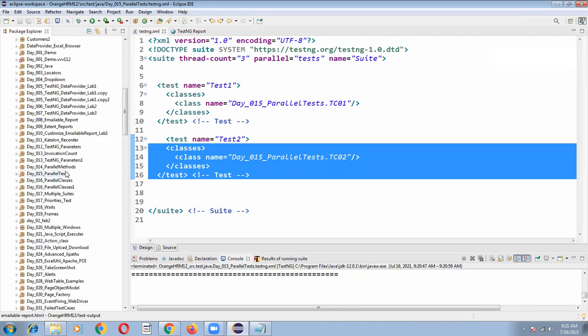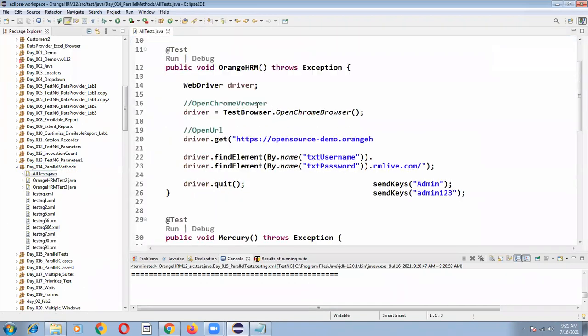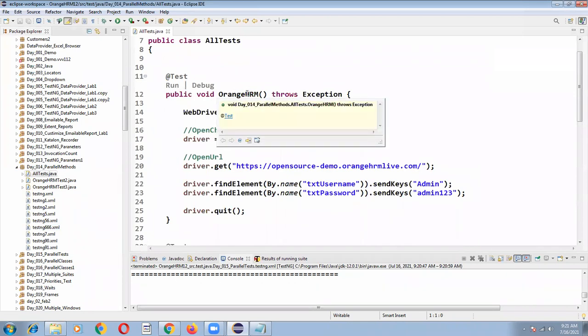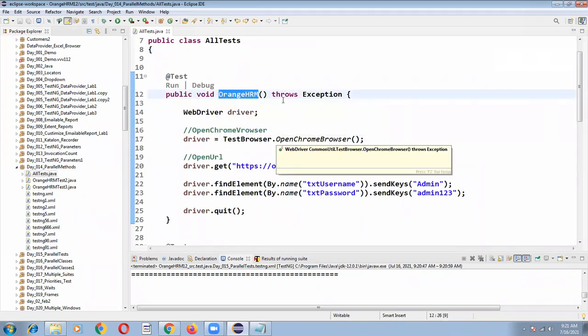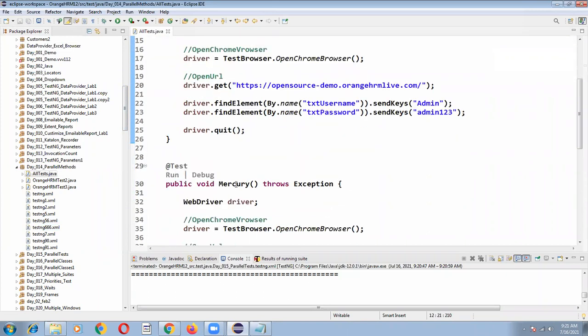Parallel methods, lab number 14. Let me go to here. Here I have multiple test methods. Suppose this is TC01 and this is TC02.